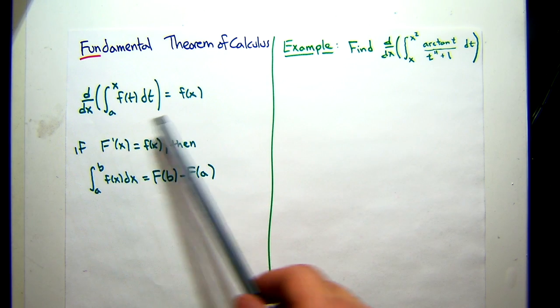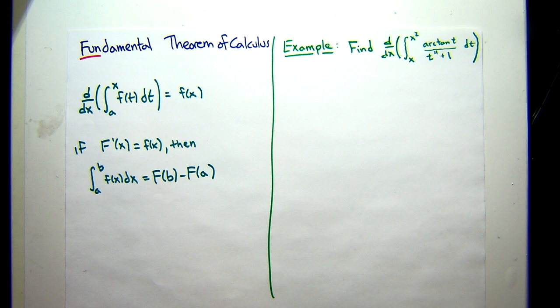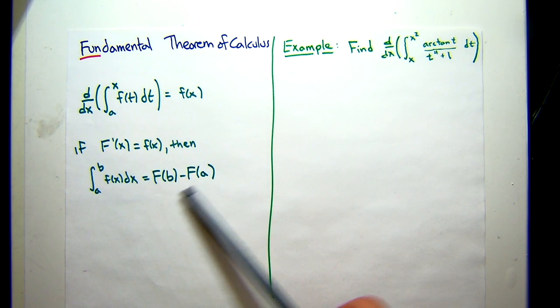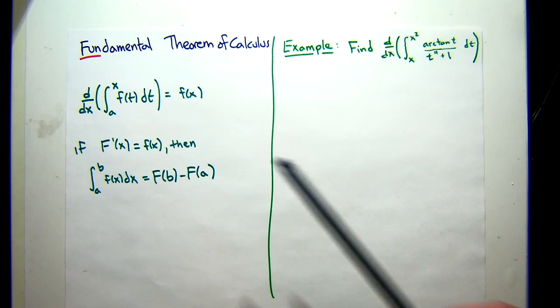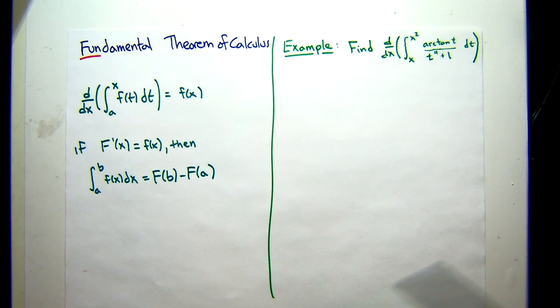The first part is what you might see more directly on a problem. So we very rarely test you on this fact. It's sort of implicit in what we do with definite integration. This is the part that you might see. So here we have an example. Find the derivative of the integral from x to x squared of arctangent of t over t to the 4th plus 1. All right. Well,